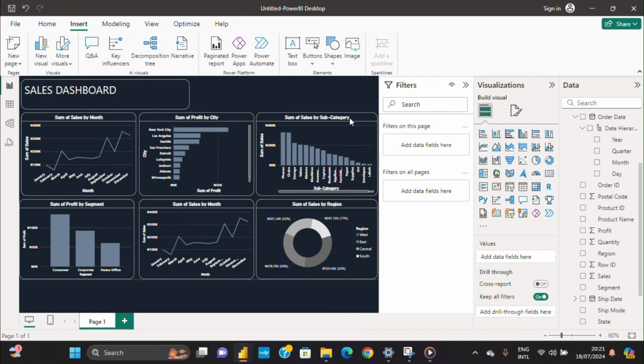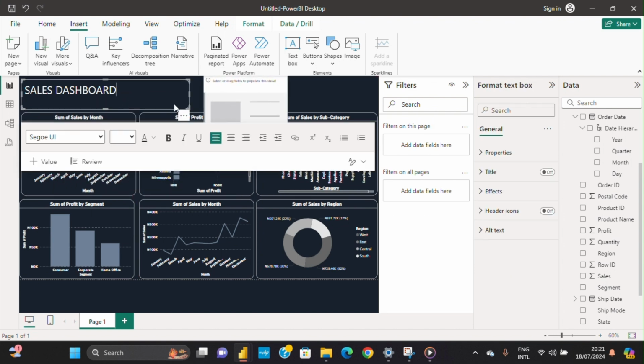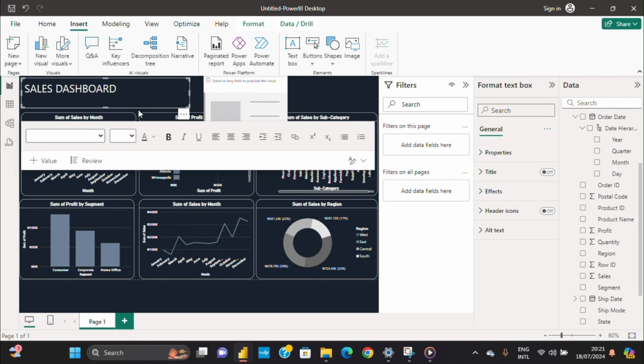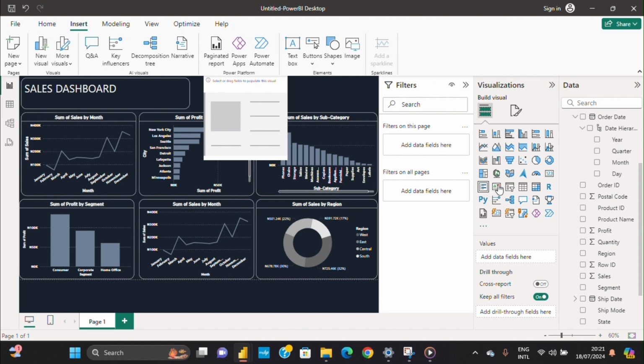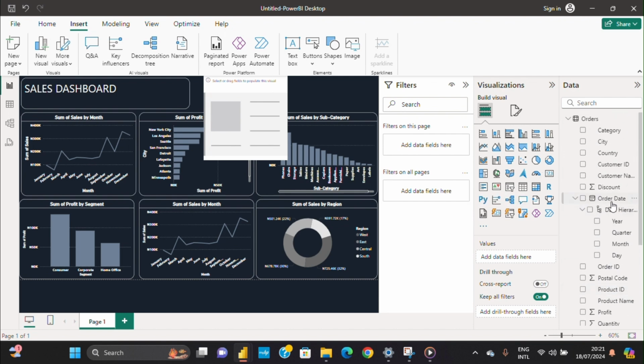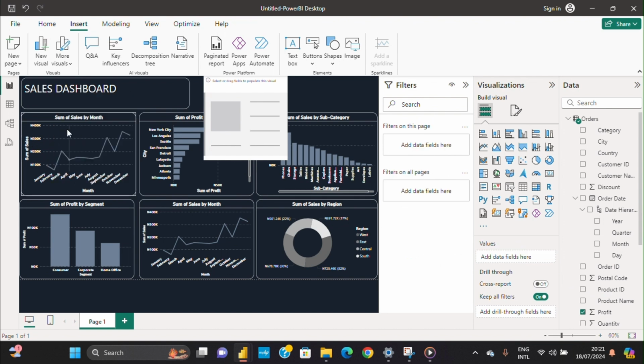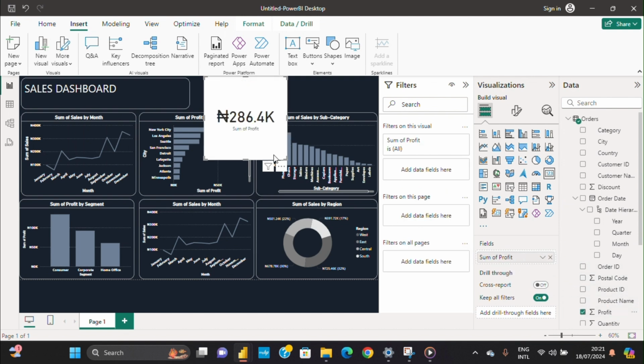So click out. I'm going to show you what a card is. A card is a chart that quickly shows you the information you want to see, like total sales or total profit. So I'm going to pick up this. Sorry, delete is here. So, total profit, exactly. So we format